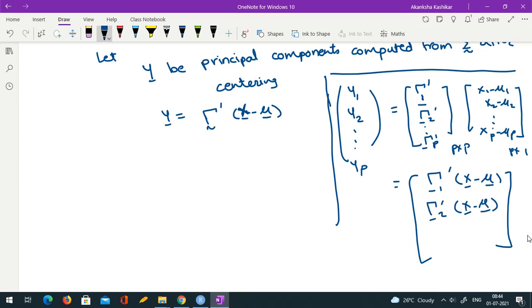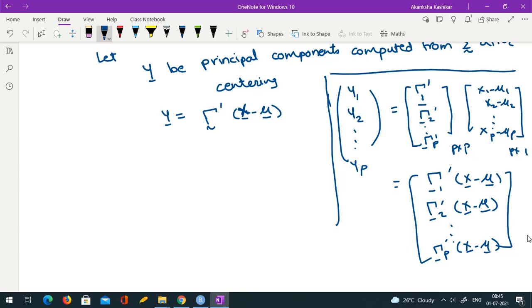This makes sense, because that's what we said, that we would take the coefficients from the eigenvectors. For the first PC we use only the first eigenvector, for the second PC we use only the second eigenvector, and for the pth PC we use only the pth eigenvector. Okay, so this is how we get PCs. We know this theory, correct? So we will use this theory.